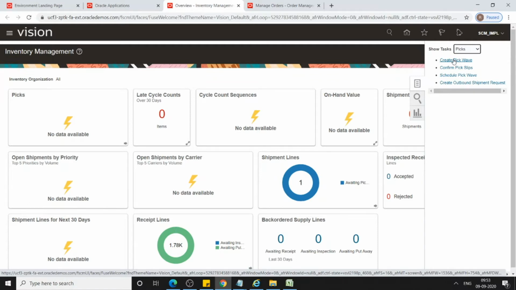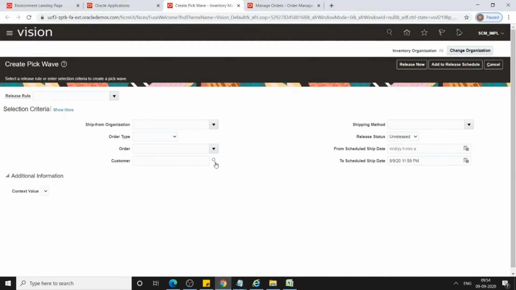Here we have to click on create pick wave. If you have worked on the warehouse management module in Oracle EBS, you will find the same terminology. When you click on create pick wave, the create pick wave screen is displayed.